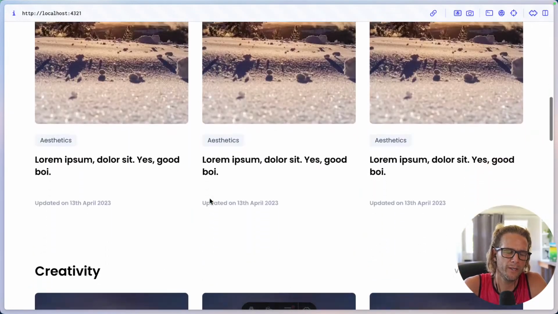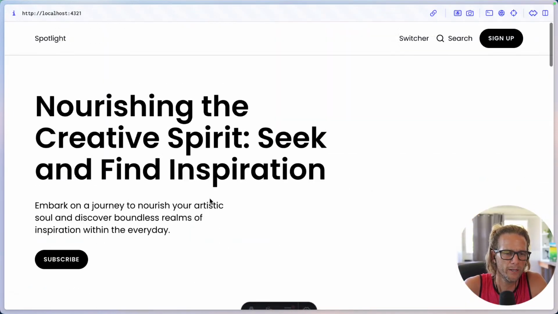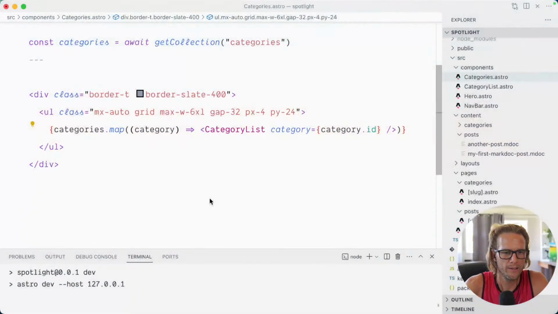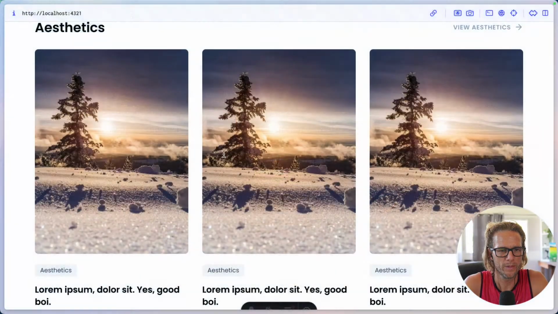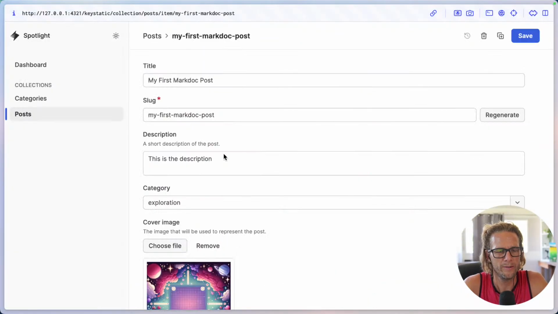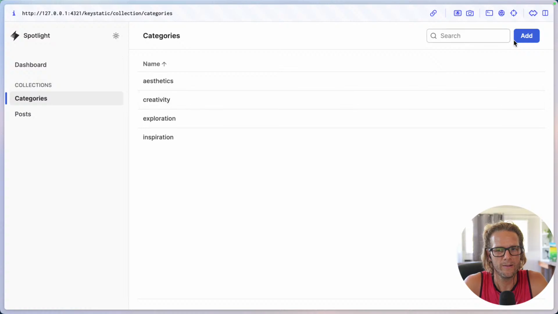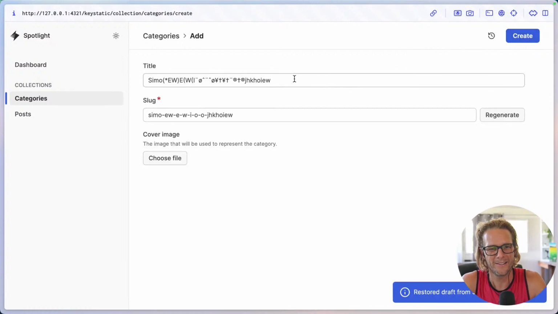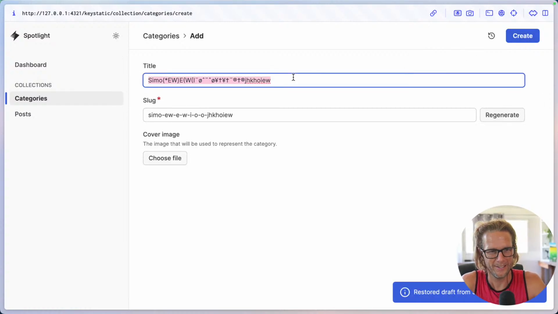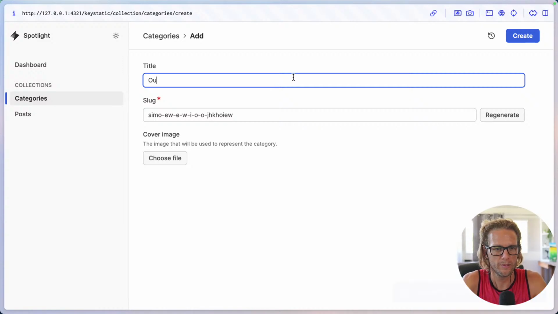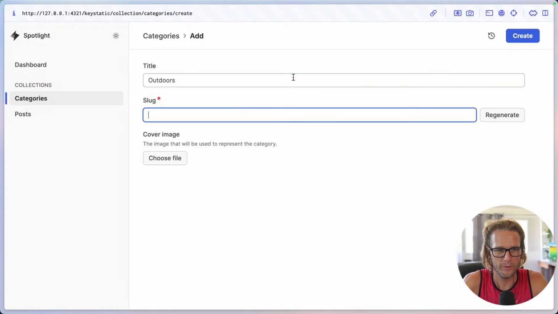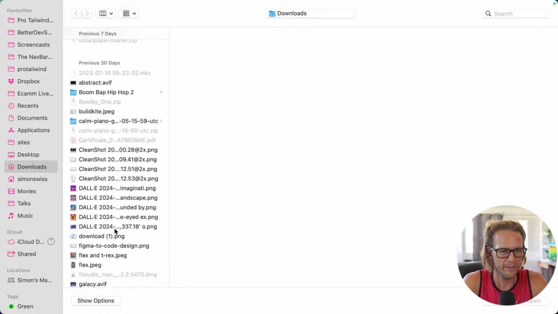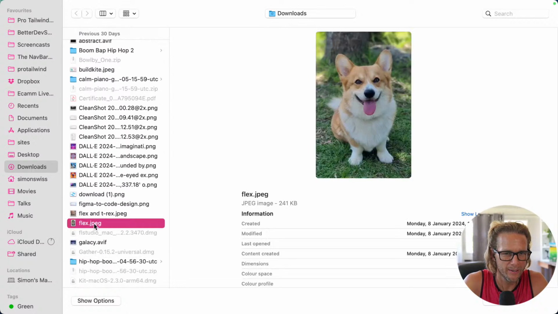And now we have our CMS categories. And what I mean by this is, if I create another one in categories here, that's the slug I was testing. What's another word? Outdoors. Let's regenerate the outdoors. We're gonna find an outdoorsy